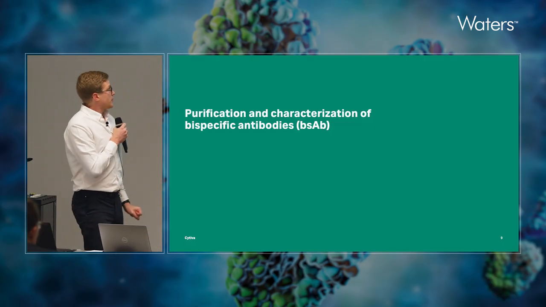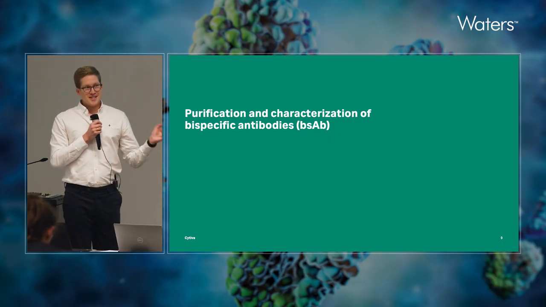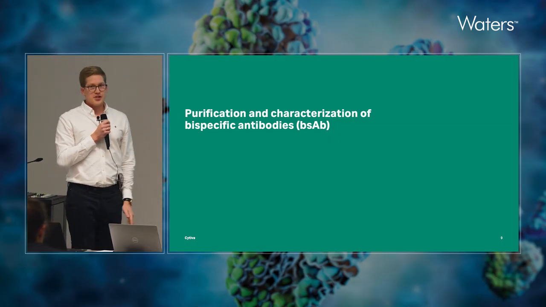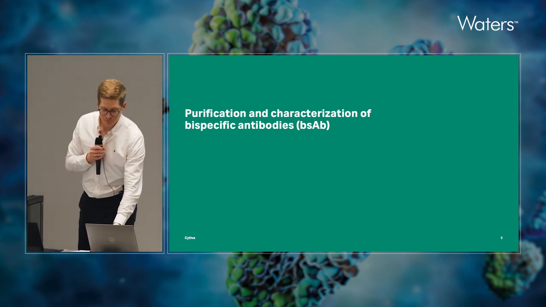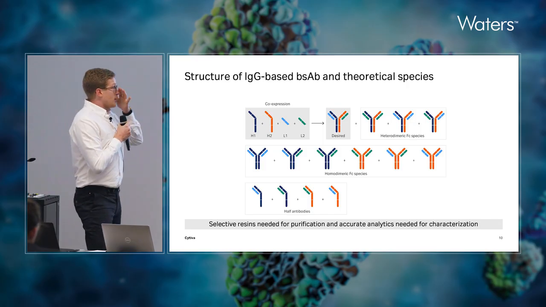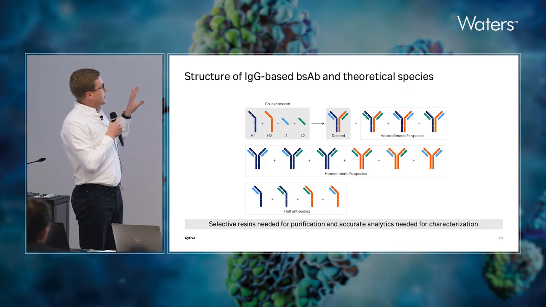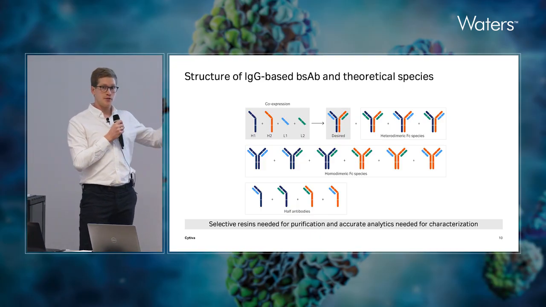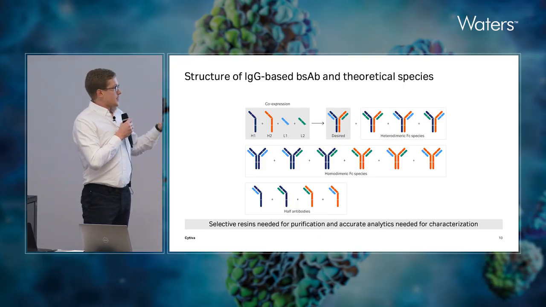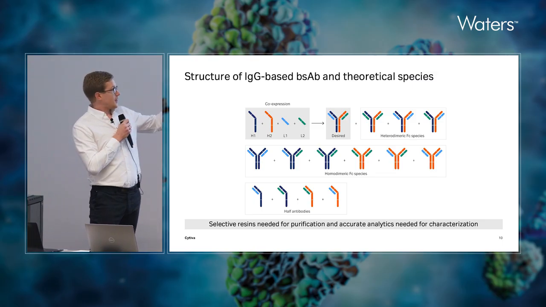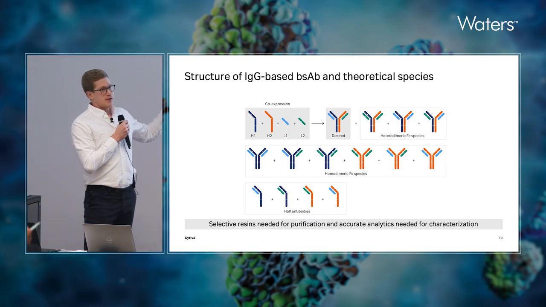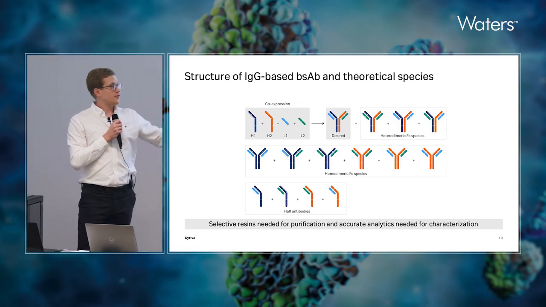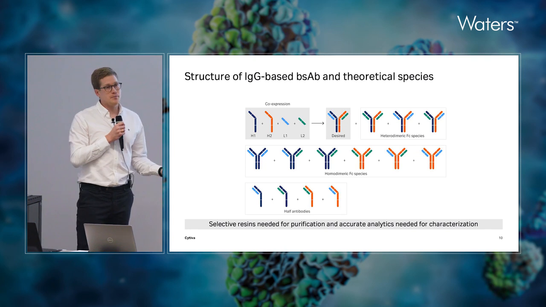So these were some examples of more traditional or easy antibodies. Now I'll turn to more challenging or newer antibodies, which are bispecific antibodies. And why are they more complicated? That's because if we look at the IgG-based bispecific antibodies, they will be composed of 2 different heavy chains and 2 different light chains. The desired species should contain the blue and green light chain, blue and orange heavy chains. But since these are co-expressed and then formed, we will have a lot of different impurities or potential impurities.